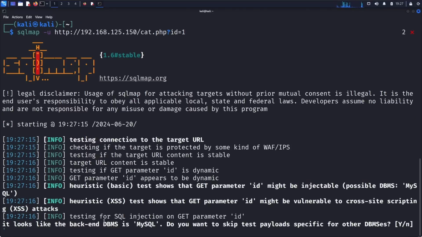So sqlmap is going to throw out a lot of info, and it's important that you understand what sqlmap is telling you. And again, I'll cover the manual techniques after, but there's something very important here. You can see at the breakpoint here, it says testing for SQL injection on GET parameter id. So GET, this is a GET request, it's obvious. The parameter is called id, so that is correct. And then it says it looks like the backend DBMS, database management system, is MySQL. Do you want to skip test payloads